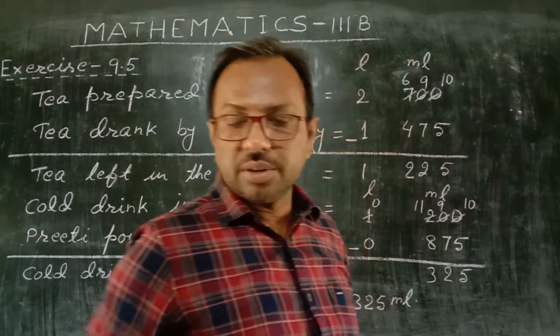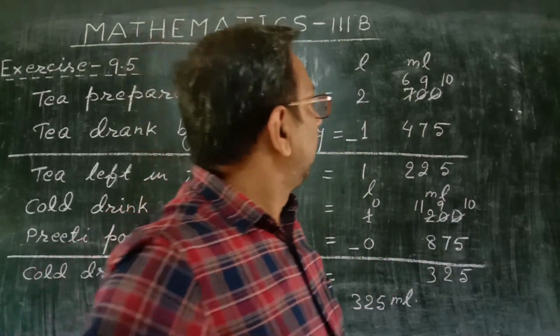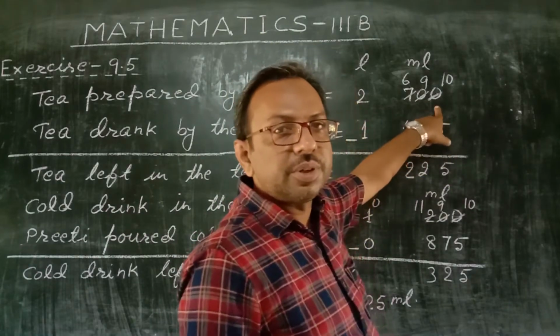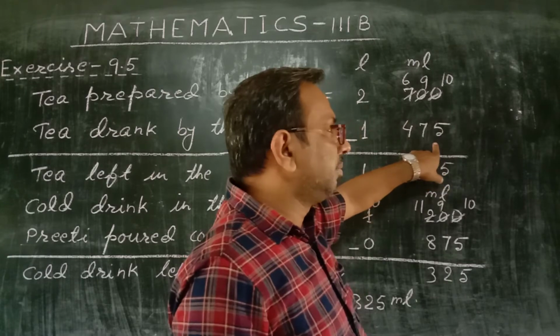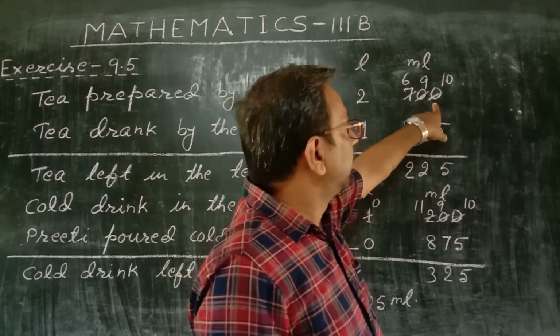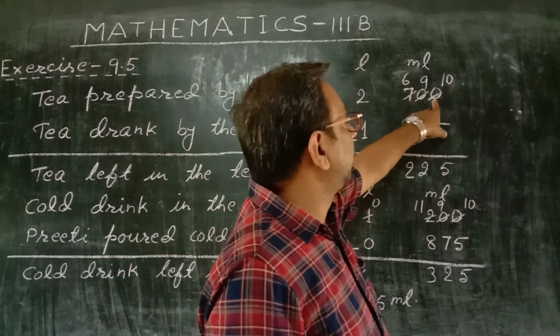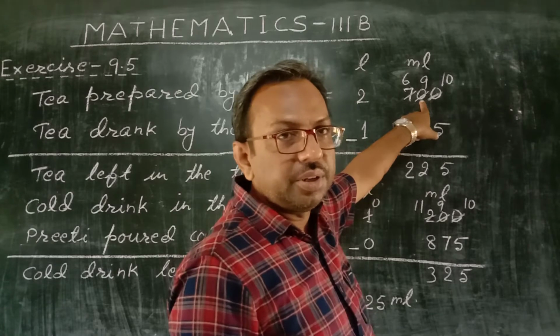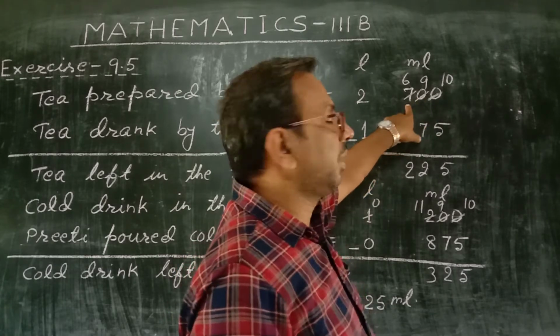First the subtraction of column milliliter. Here is 700, here is 475. But you see the ones place. At ones place there is 0 and here is 5. This subtraction is not possible because 0 is less than 5. To make it more than 5, we will take 1 from here. But this 0 cannot give you 1. This is already 0. So we will take 1 from this 7.